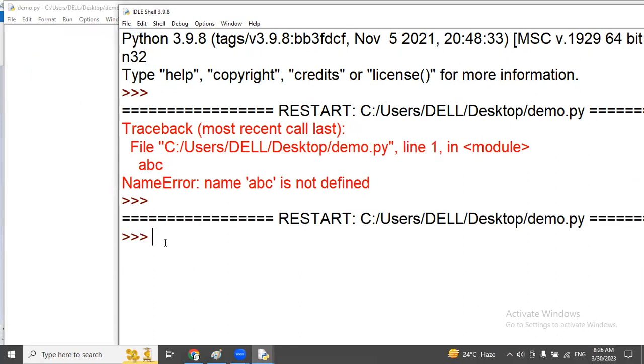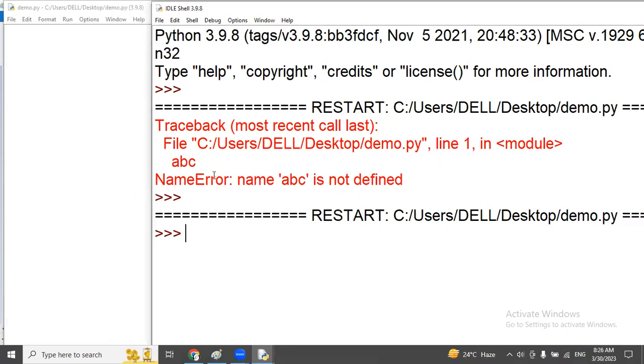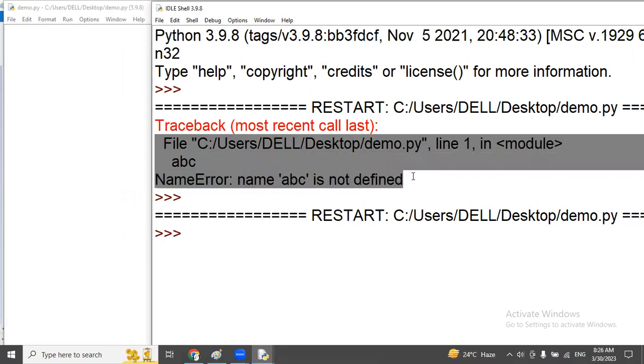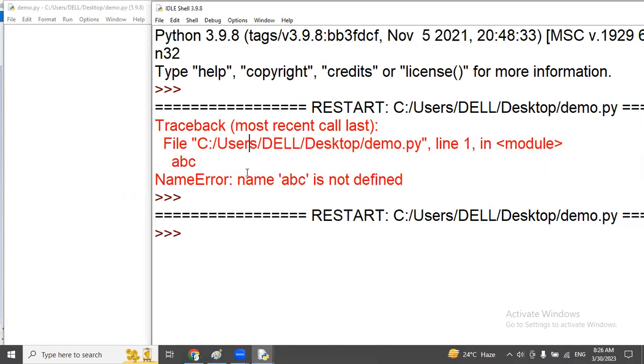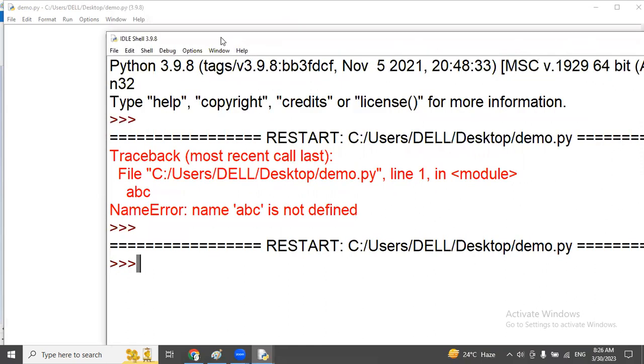You can see here they are not displaying any errors. So like this, in your program, if we have any errors, they will display detailed information about the errors. In case there is no error, they will directly display the output. So this is the process: how to download Python, how to perform installation, and how to execute your Python